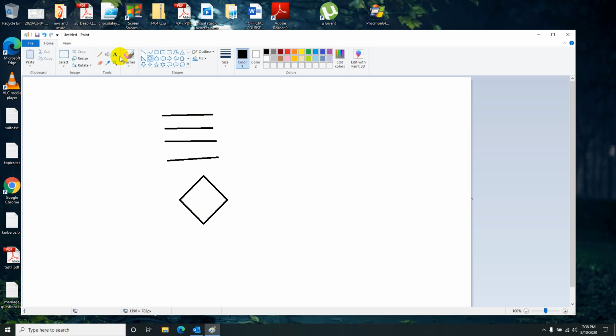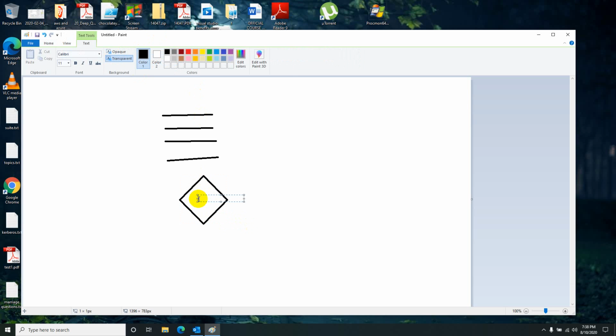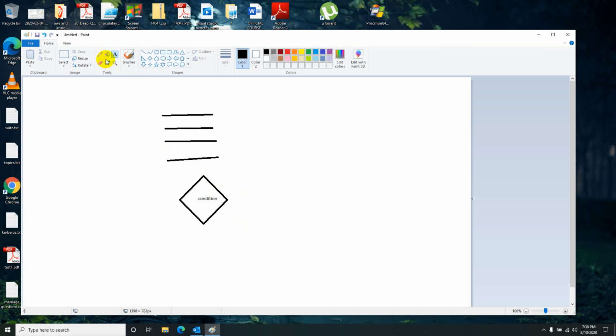You still execute line by line, one after another. When this condition appears, based on the result, if it is true, it will go this side. If it is false, it will go this side. Understand?